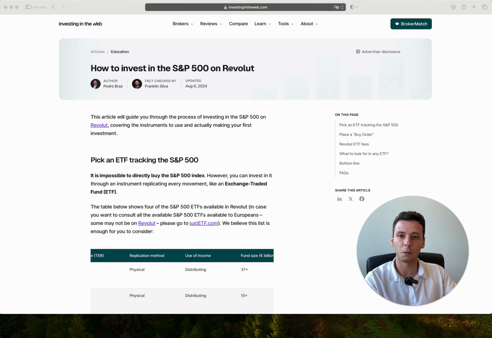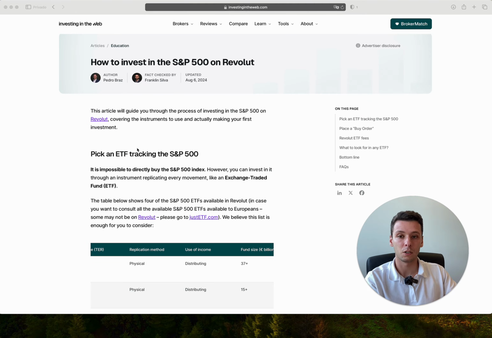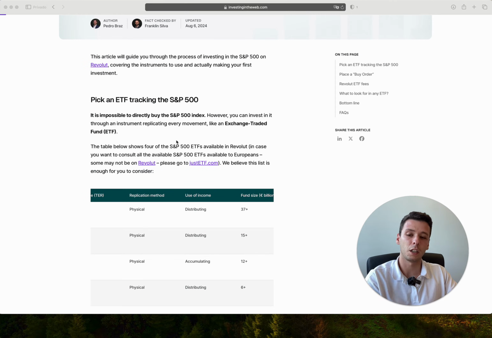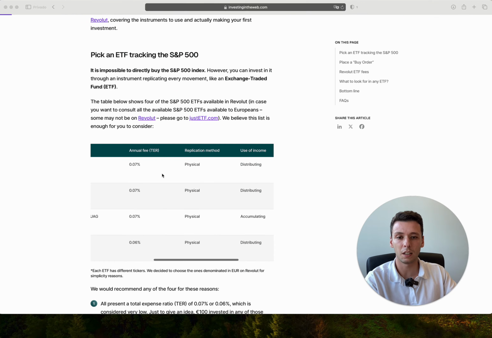In this video, I will help you invest in the S&P 500 on the Revolut app. So the first thing that you need to do is to actually pick an ETF that tracks the S&P 500. On Revolut, you will have access to dozens of different S&P 500 ETFs, and you need to choose one